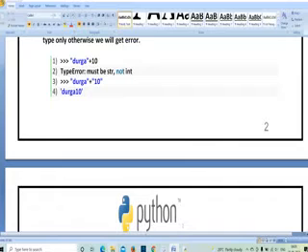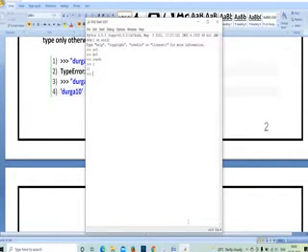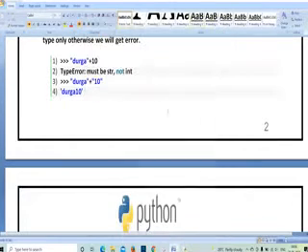Let us see this task with a simple example. v is equal to Srinu plus 5. Definitely you are going to get an error. Why? Because Srinu is a data type of characters or strings, so you cannot add it to a number. This is why you are not going to get an output. You are going to get an error.